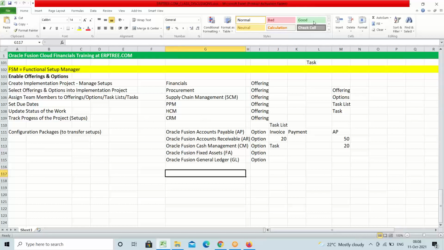So in the last session, we discussed FSM, Functional Setup Manager. Within the Functional Setup Manager, we have to enable the offerings and options so that we can create an implementation project to perform the setups, or you can call it doing the implementation. While we create an implementation project, we have to select the required offerings and options, or else after creating the implementation project also